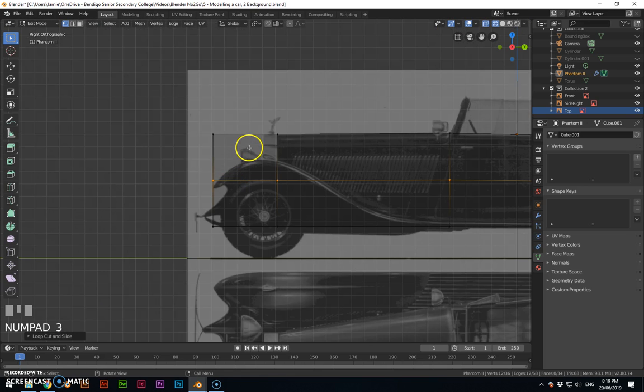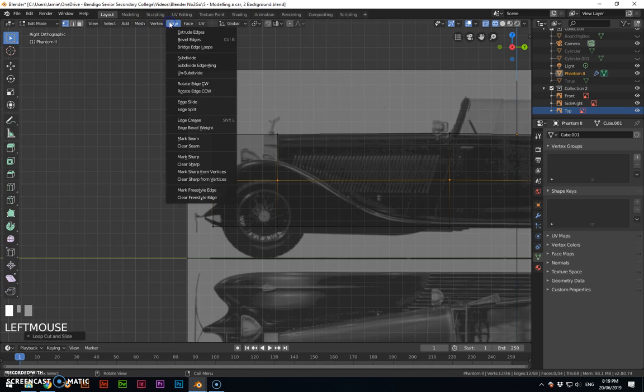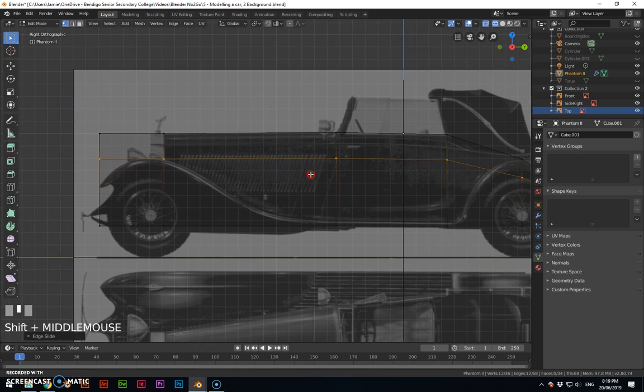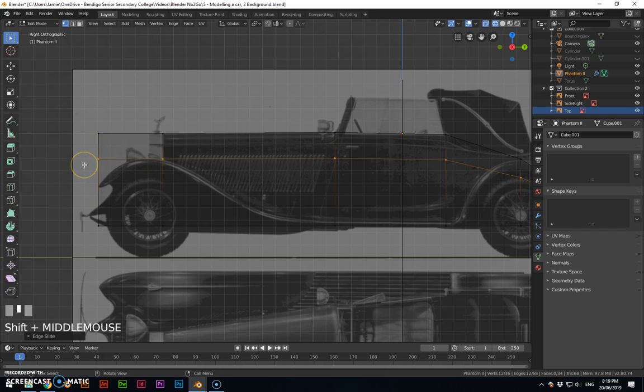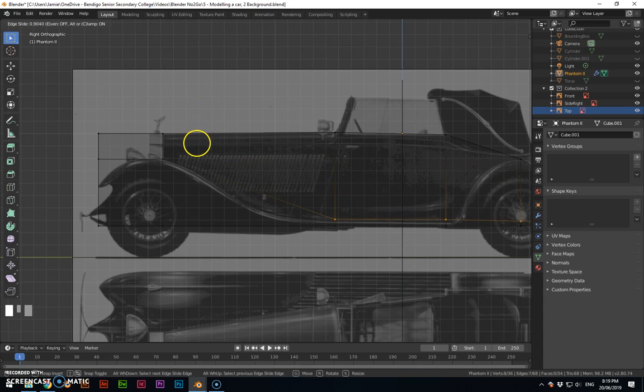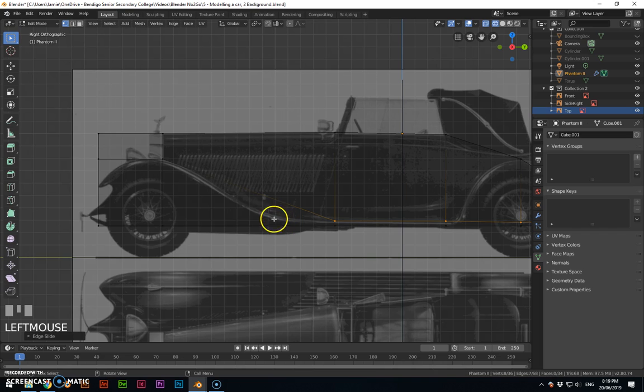Flick back to my side view, and then I can do an edge slide, which allows me to slide it up to the line that I want. And this piece I'm going to B for box, but then use the middle mouse button to unselect those, so I can then edge slide the rest of it down. Because that way it sits with the running board that flows up into the wheel hub, which you can kind of see here. Then adding some more vertical cuts, so I'll just Control R, add some extra ring cuts in here